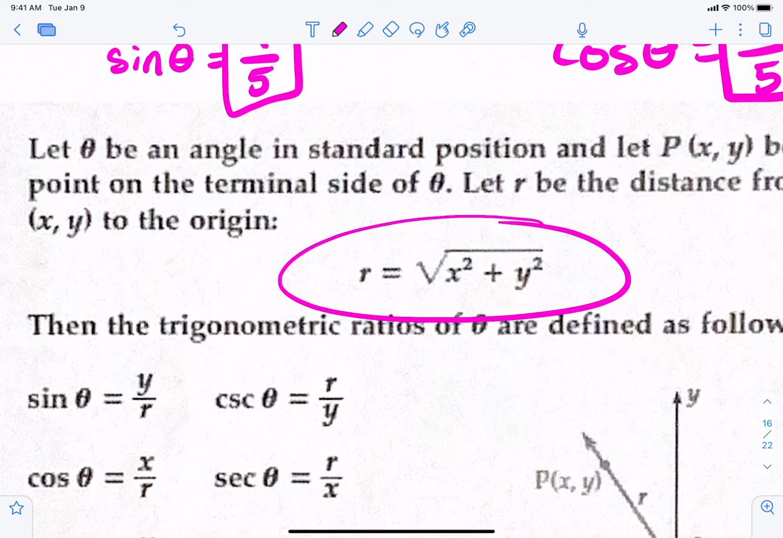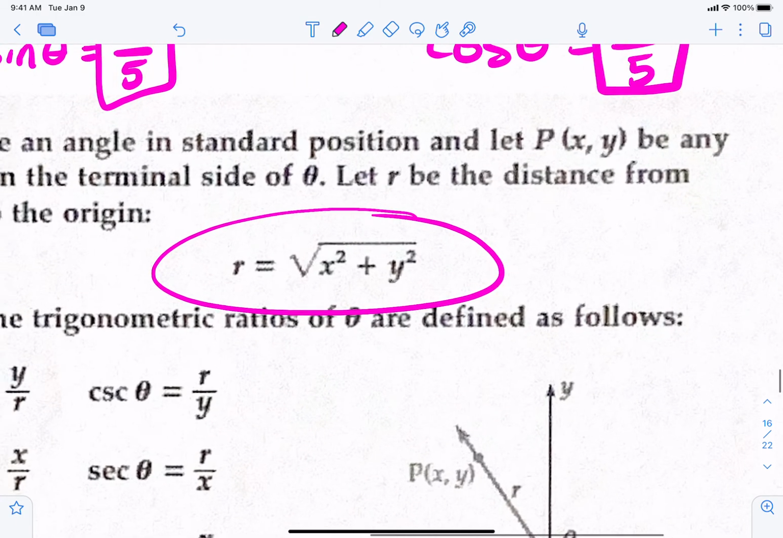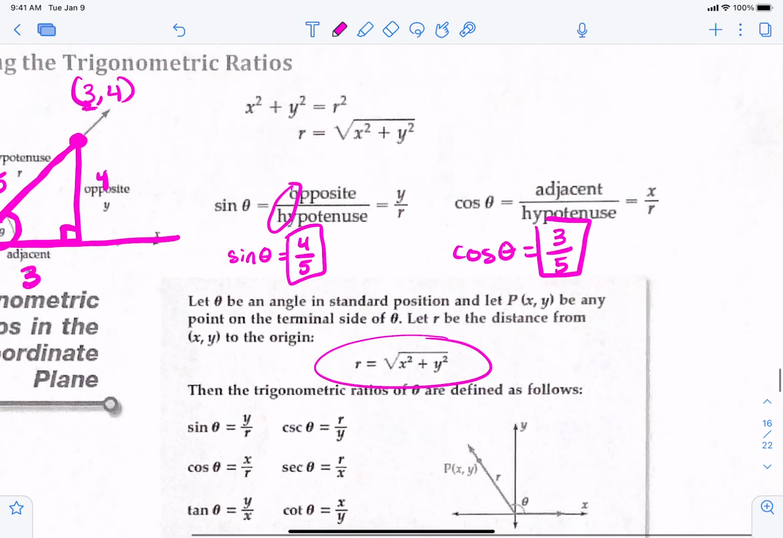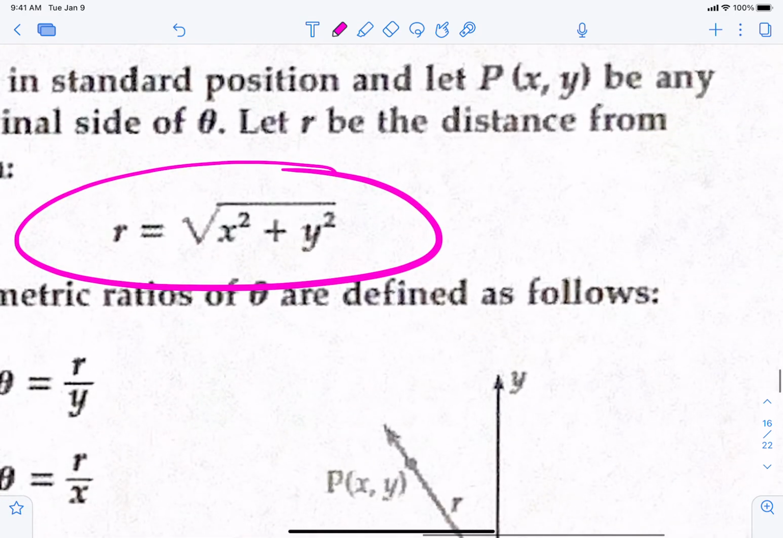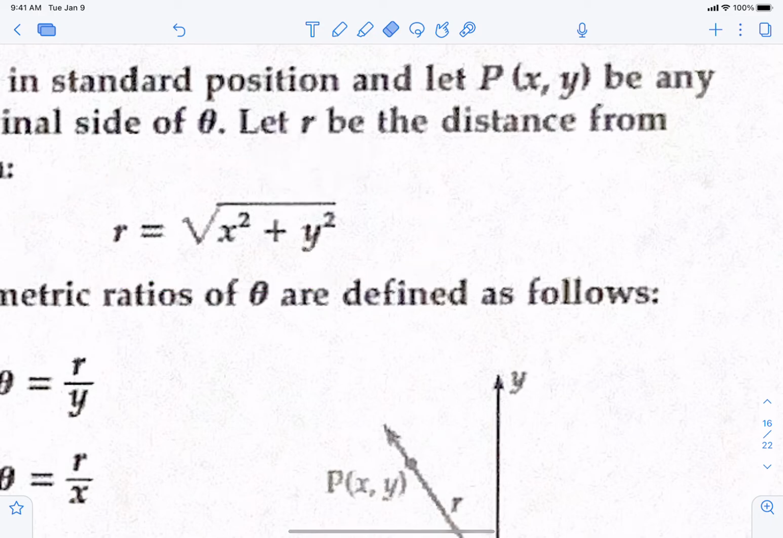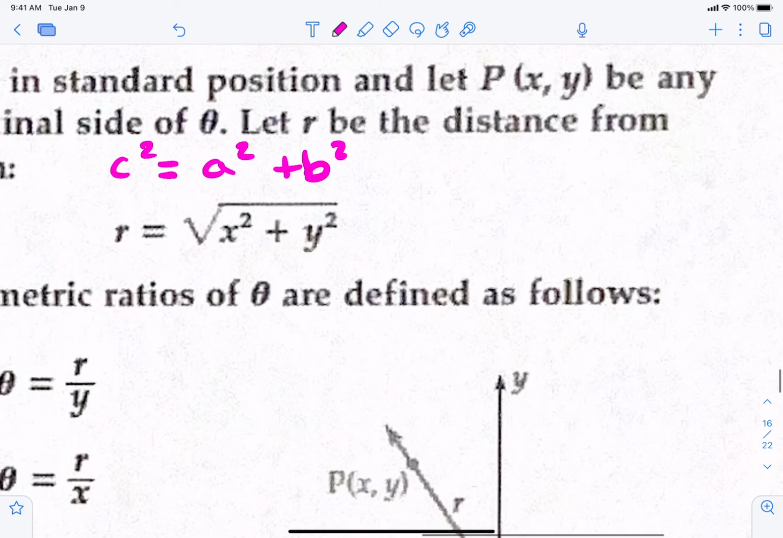Okay, so take a look at this. This is the formula that they say for finding the hypotenuse. The hypotenuse they have labeled as r, okay? So they say the hypotenuse is r, okay? And the way that they get this formula is, basically, we did the Pythagorean theorem, right? We called r our c squared, right? And we said c squared is equal to a squared plus b squared. That's how we would find that 5